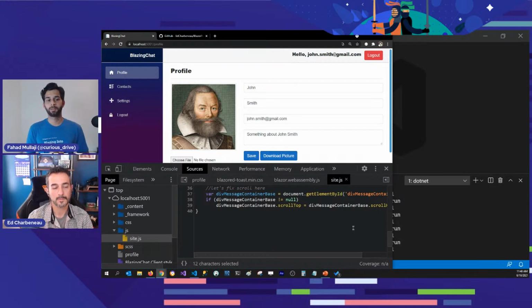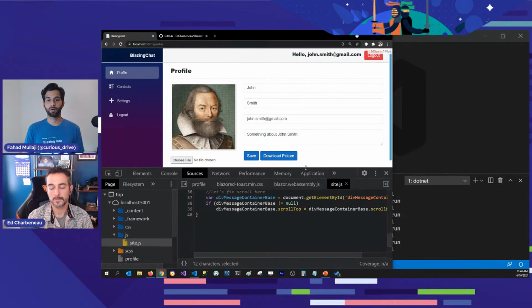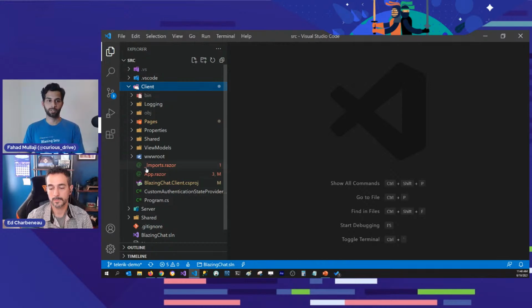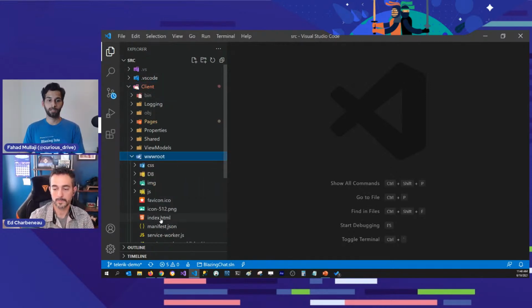And you don't want to load them when you're loading your application. Even if you're not using this download picture button, we don't need that JavaScript, right? So how can we exclude it from initial load, or if we are not using that functionality? First thing that you need to do is I'm going to go to my client project and go to my index.html